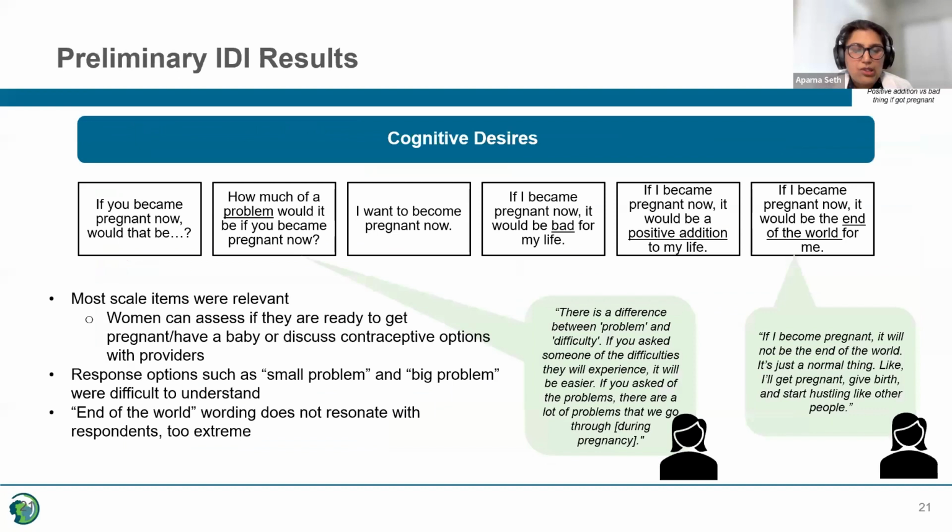I'll quickly walk you through some of the preliminary IDI results that we are seeing. So far, we've conducted 30 out of the 40 IDIs, and we are in the process of analyzing this data in Atlas TI. We just finalized our code book last week. So under cognitive desires, which is our